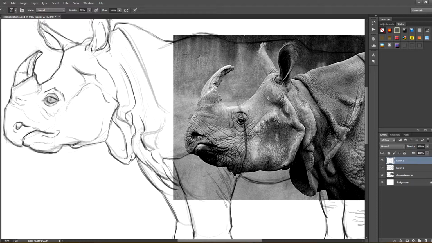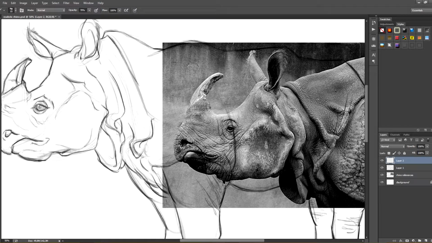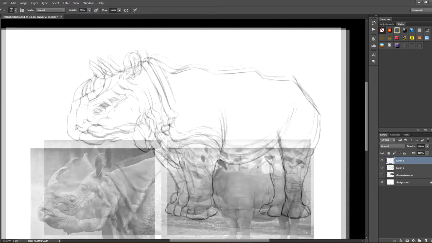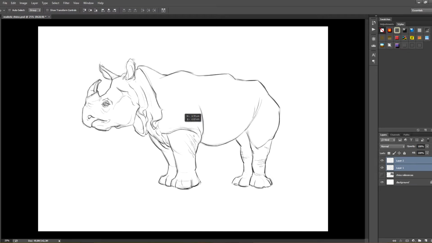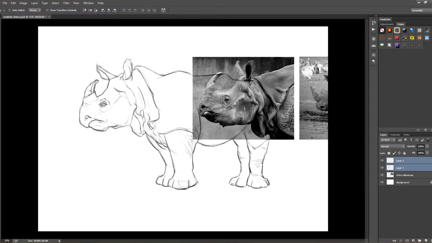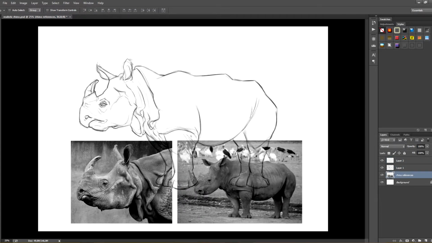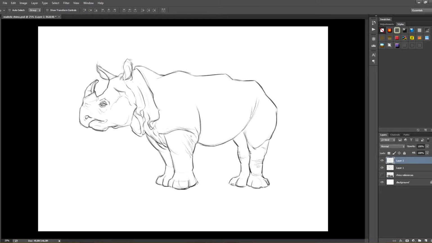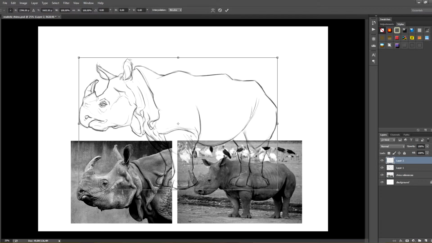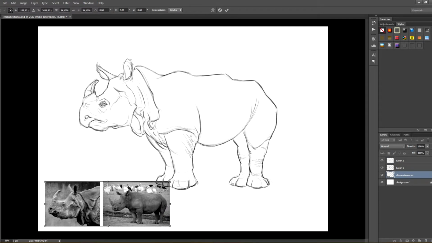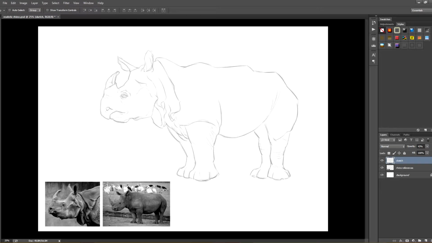If you don't know how to draw the textures, look for references of different materials and try to copy them. You can also look for work by other artists to see how they represent different textures. When doing the line art, we barely need any references. If you've drawn the lines correctly, you only need to trace them.